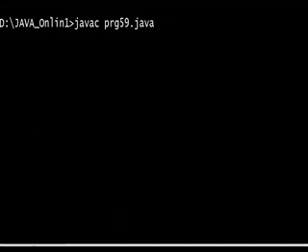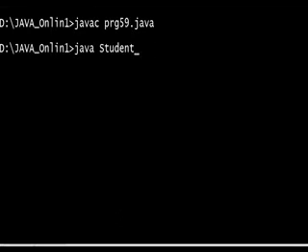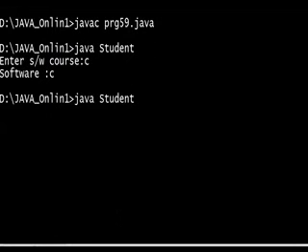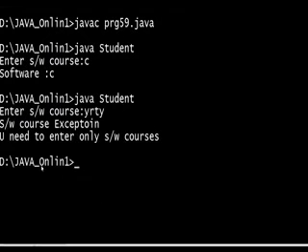Compile PRG59. Enter software course. Okay, if I enter C, software course is C. Select the software course. I enter wrong. See this, SoftwareCourseException. We need to enter only software course. Okay. Now